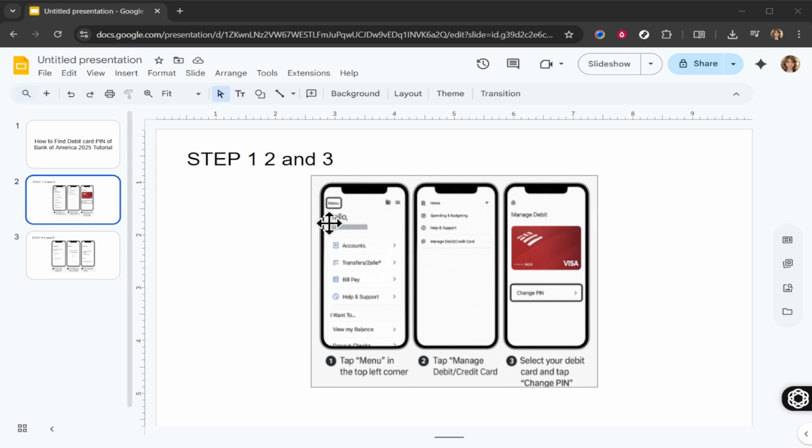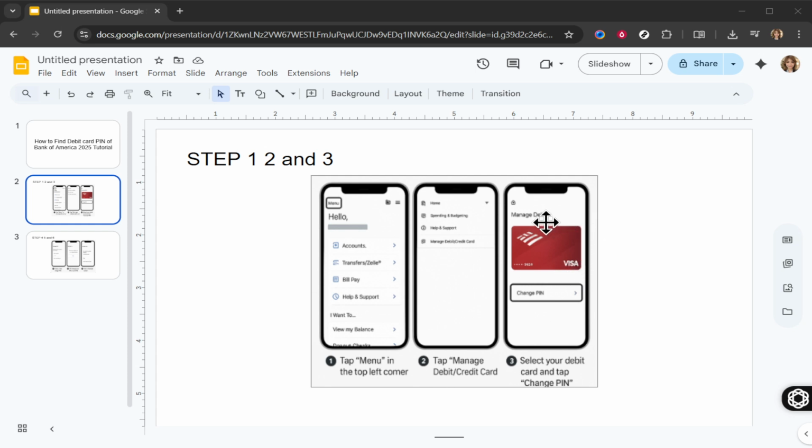Your card details should be listed on this menu, and you'll want to look for options like Change PIN or simply card details that include the Change PIN feature. This is your ticket to setting up your PIN. The app will then guide you through a series of verification prompts. These prompts might require you to enter a one-time code, which is likely sent to your registered phone number or email address. Alternatively, if your device has biometric capabilities, such as fingerprint or facial recognition, you may use these features